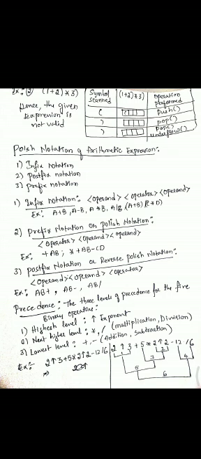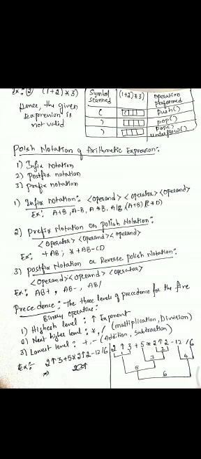If the operator symbol is placed before its two operands, then we call the notation prefix notation. An example, you could see operator, operand, operand. That is, for example, plus ab, plus into plus ab minus cd. These are the examples of prefix or Polish notation, we will call it.